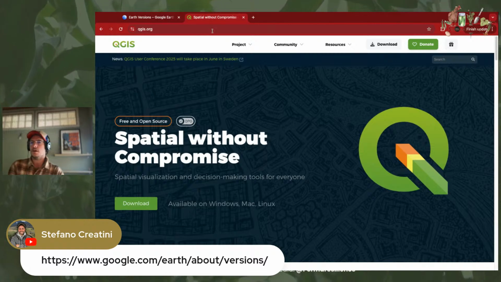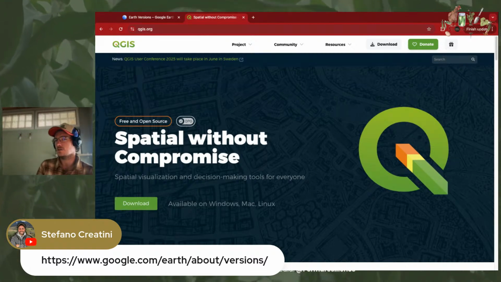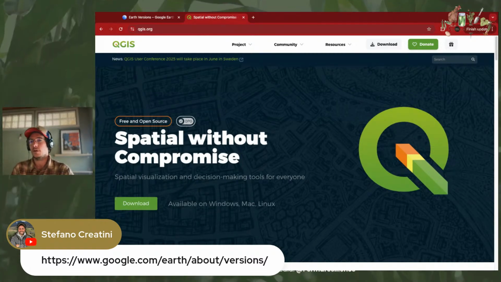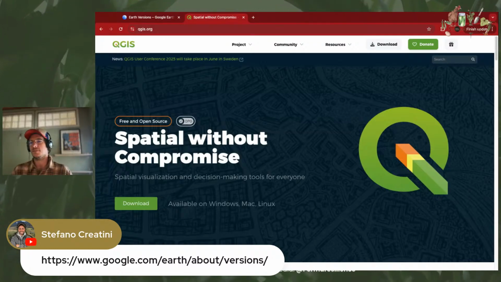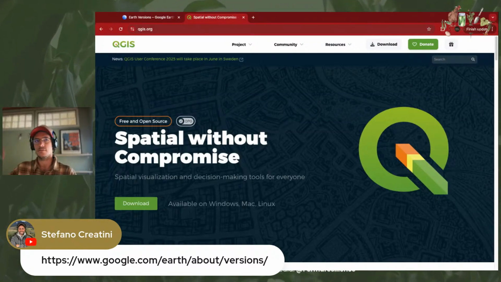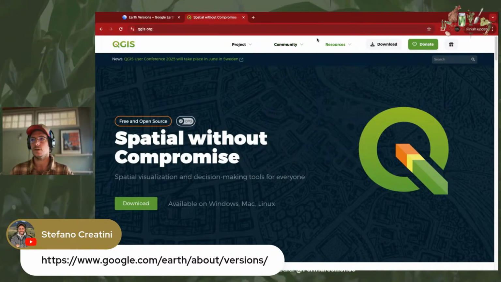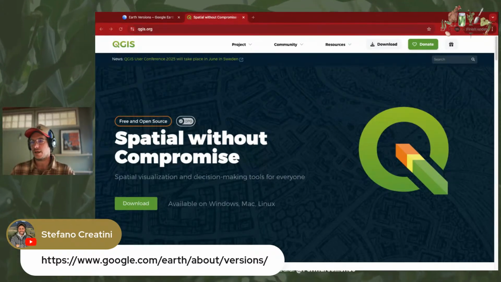And then by the time we get to that stage, all those things should be downloaded if you're following along. Or if you're just watching this later, then you can pause the video while those things download and then follow along a bit later. Okay, so now we're going to go back to Google Earth Pro,